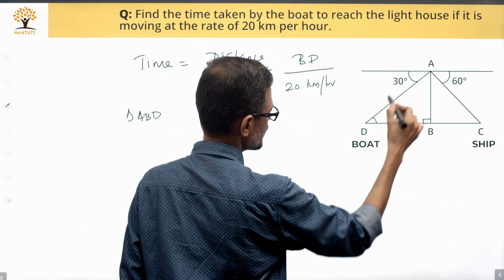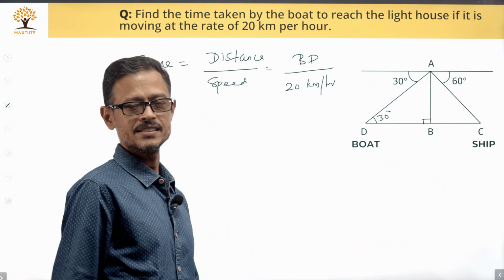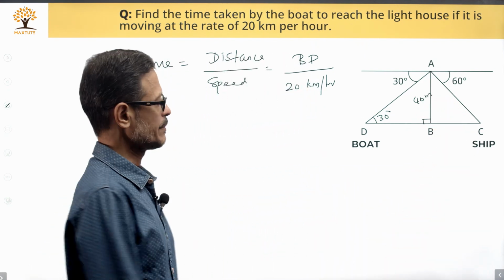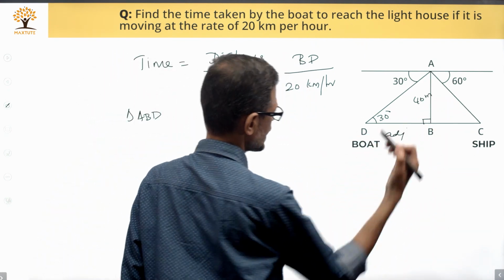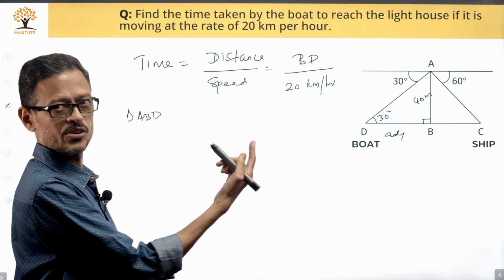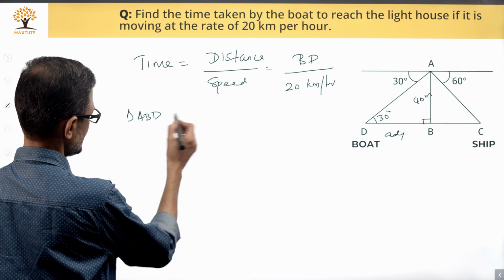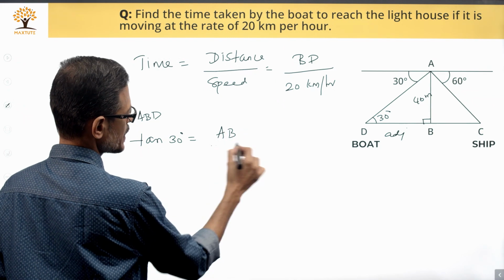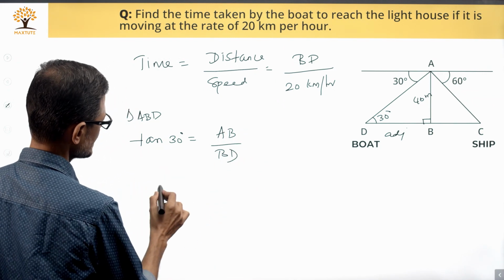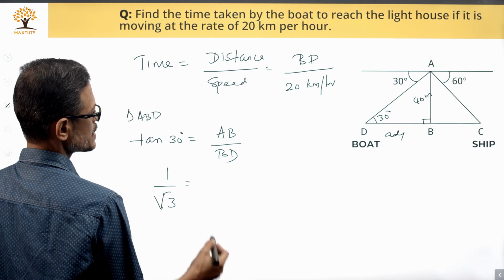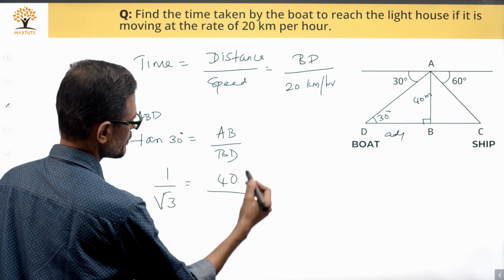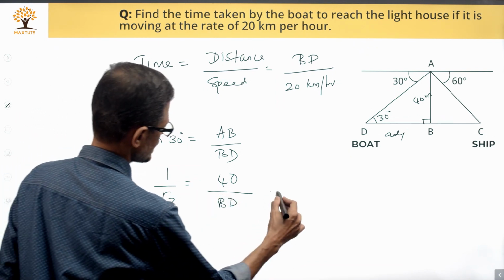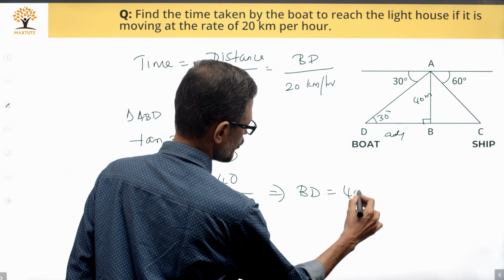What do we have? We have this angle of elevation, which is the same as the angle of depression, which is equal to 30 degrees. To this angle, AB is the opposite side, which is the height of the lighthouse, equal to 40 meters. The adjacent side is what we need to find out as the distance. So we're going to be using the trigonometric ratio that combines opposite side and adjacent side, which is tan. In triangle ABD, tan of angle 30 degrees is equal to the opposite side AB divided by the adjacent side BD. Tan 30 is equal to 1 by root 3, which is equal to 40 meters, which is AB, divided by BD, which is what we are trying to find out. Cross multiply both BD and root 3, we will get the value of BD to be equal to 40 root 3